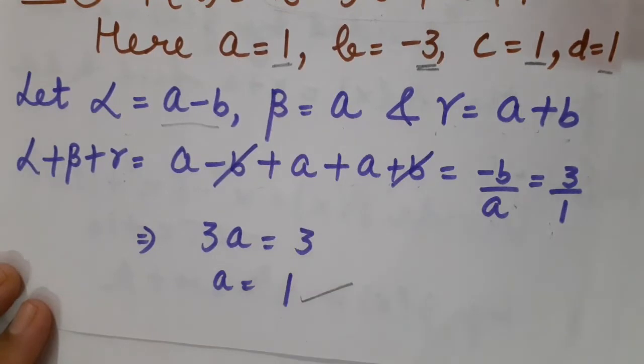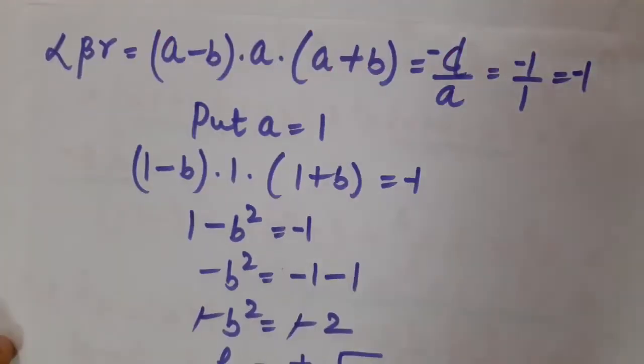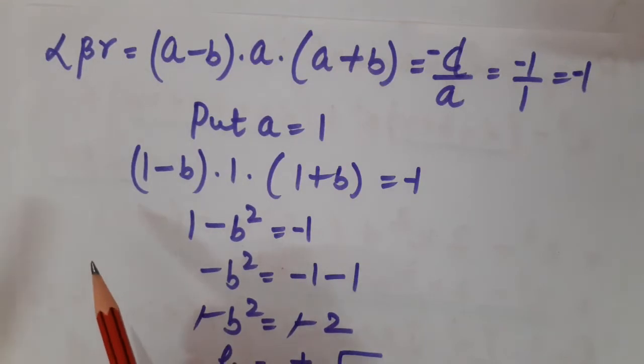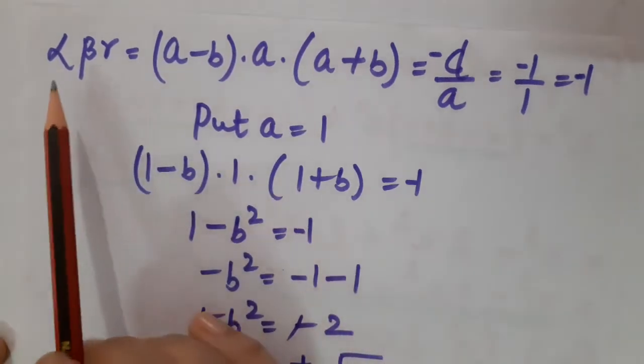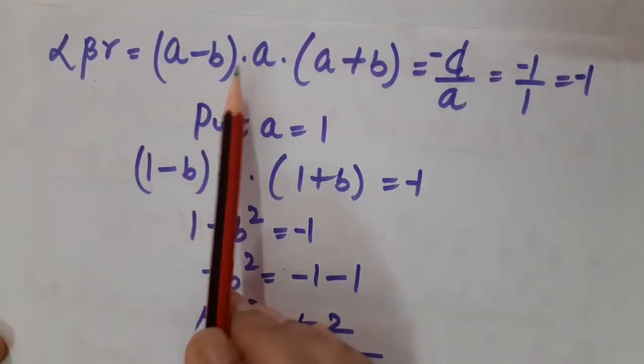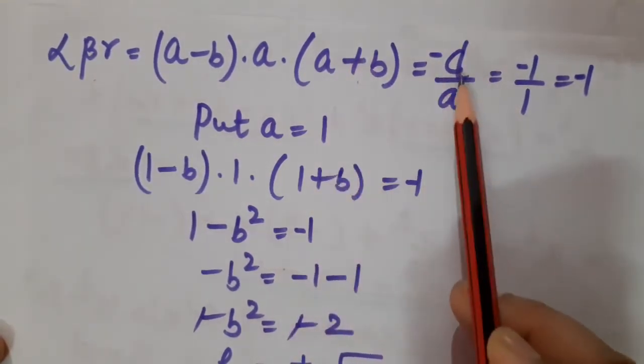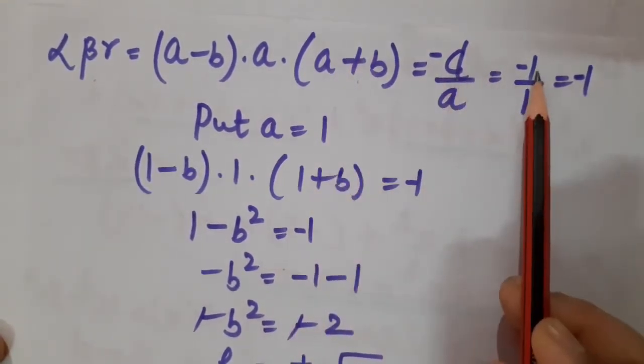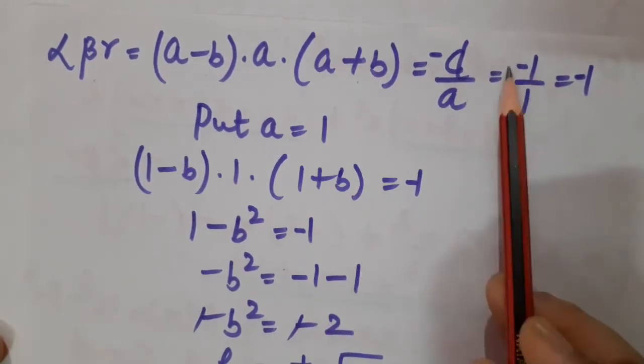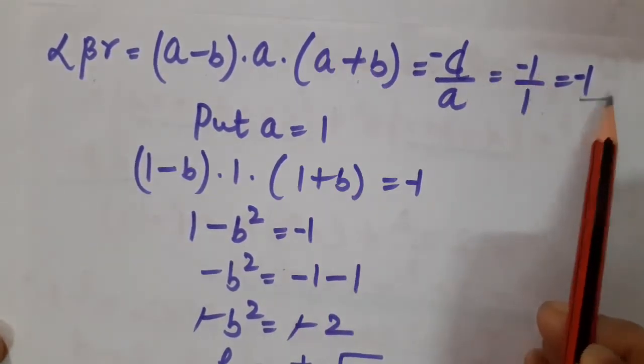Now either I will take the sum of the zeros, the sum of the product of the zeros taken 2 at a time, or the product of the zeros to calculate b, because we were going to find the values of 2 variables. Fine. So you can take any 2 concepts out of these 3. So the third one I am going to pick, that is the product of the zeros, which is equivalent to minus d by a. And what is d? d is 1. Correct. So this would become minus 1 upon 1, that is minus 1.